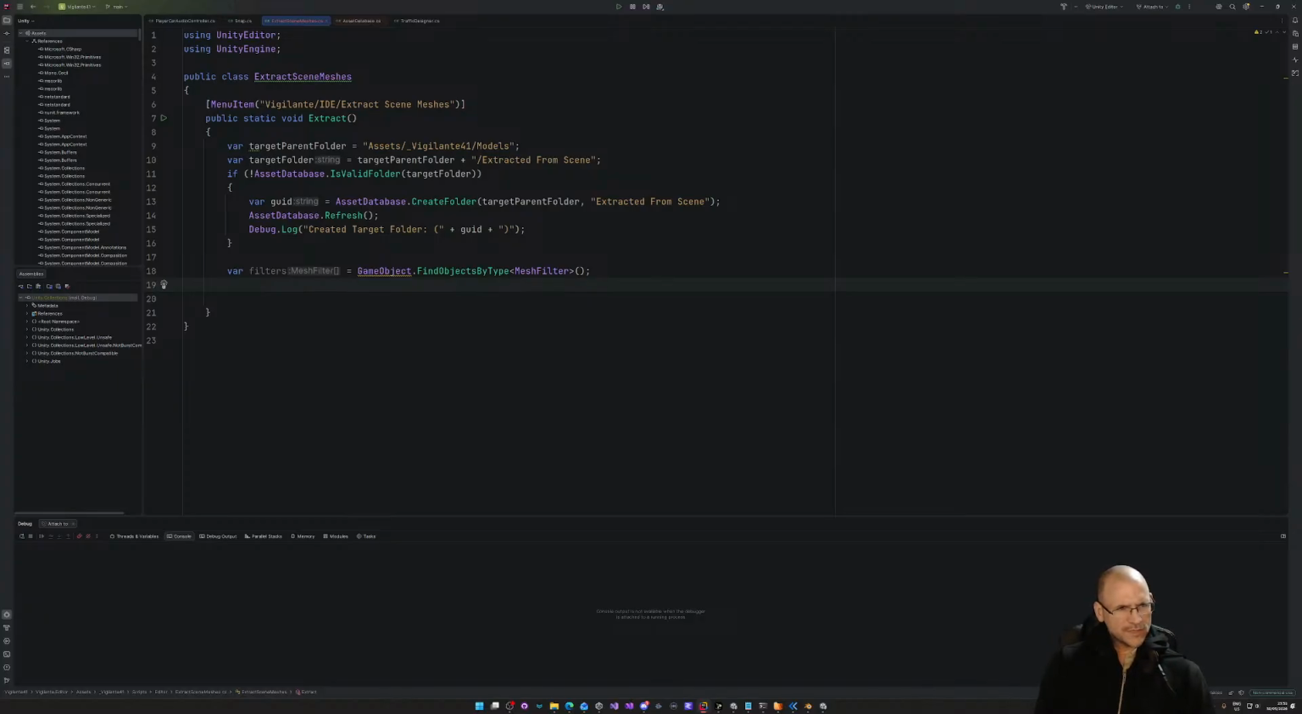Okay, so we've got var, we're getting a mesh filter, and now for each var filter in filters, I just need to detect whether or not this exists only in the scene. The way to check for that is to see if the shared mesh actually exists. So if filter.sharedMesh equals null,